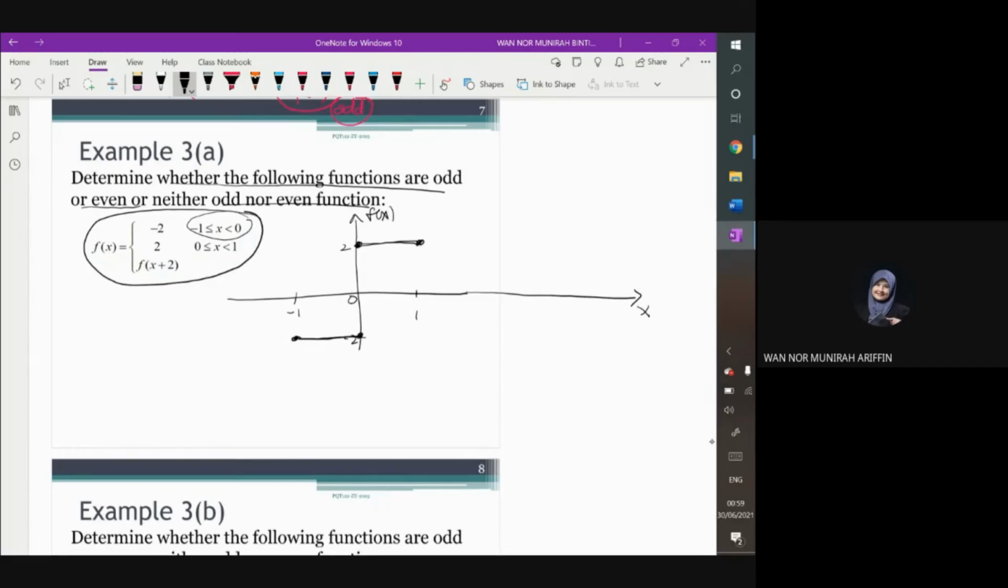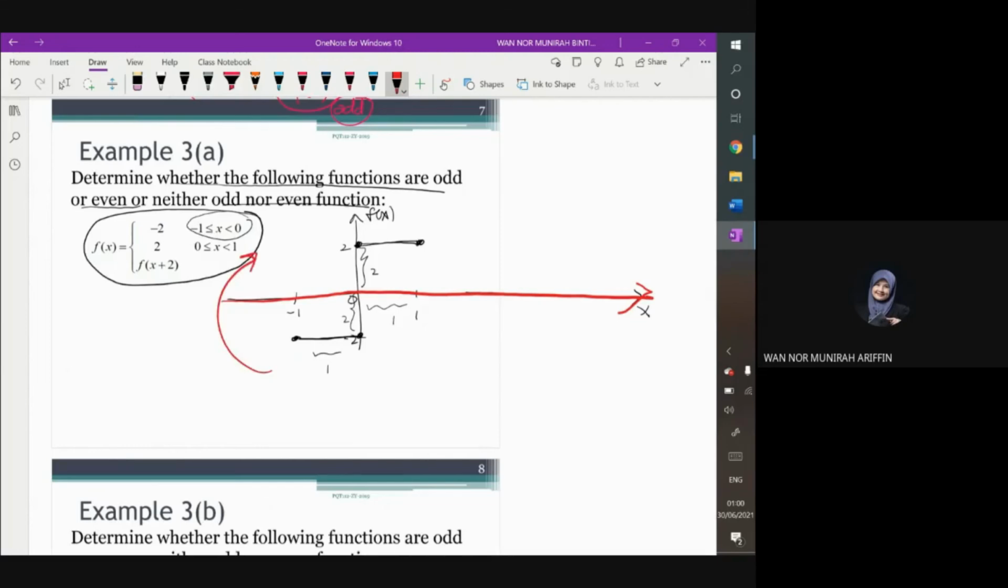Okay, so the distance here is 2 units. This also 2 units. This one is 1 unit. This one is also 1 unit. So the same unit. And then when I try to fold this graph, let's say I try to fold over this one at this axis, and then I bring it